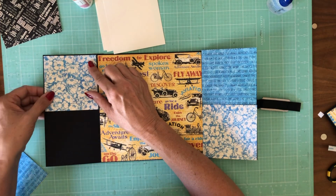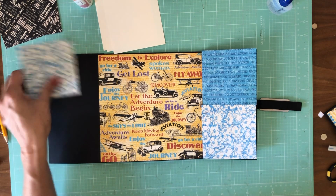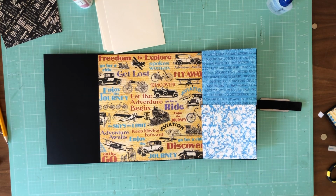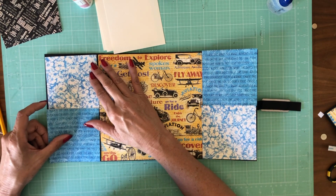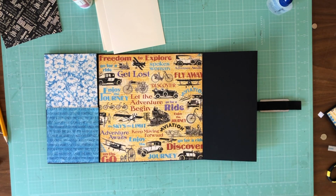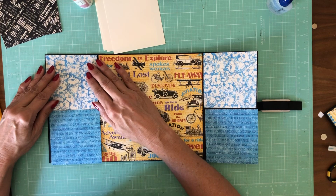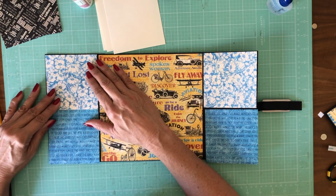Okay, and I have to make sure that it doesn't bind, and that looks good. So let's see. 3 3/8, or 3 7/8. Sorry, 3 7/8. Okay, getting our widths in. 3 7/8. Okay, now as you can see, there's no gap between them, and I'd like there to be, so